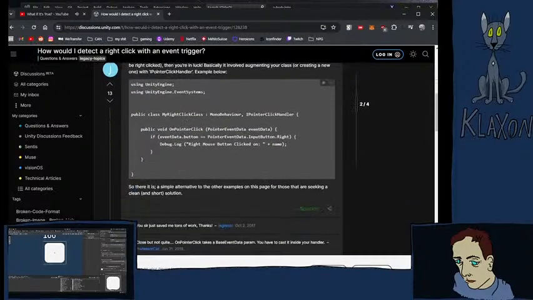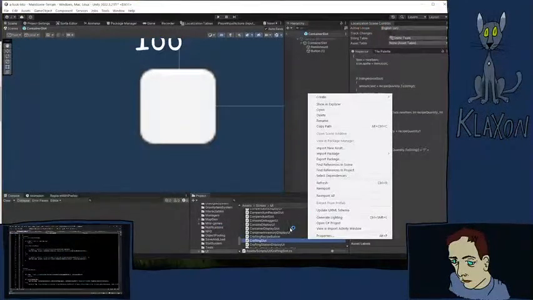I'll try this. This looks really simple. See what this does. We're gonna do, this is UI. We're gonna do, I have other things that are called like